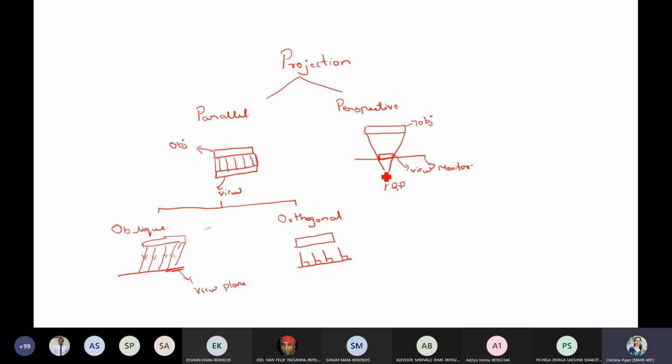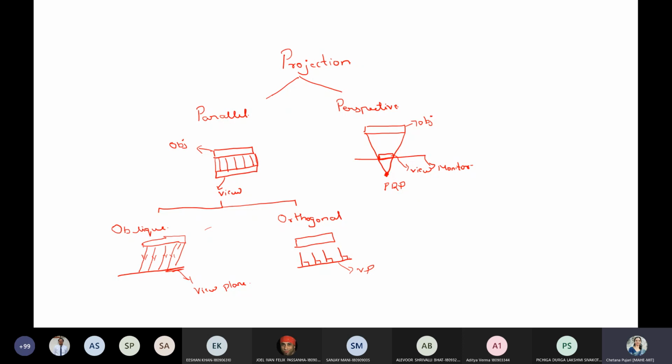You can see there is a change in the size of the object when you view it on your view plane. The parallel projection is divided into two types, oblique and orthogonal. In orthogonal, the lines are parallel to each other, but they are perpendicular to your view plane. Whereas in oblique, the lines are again parallel to each other, and they are inclined at some angle with respect to your view plane.